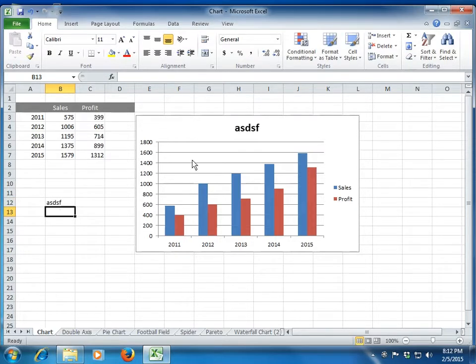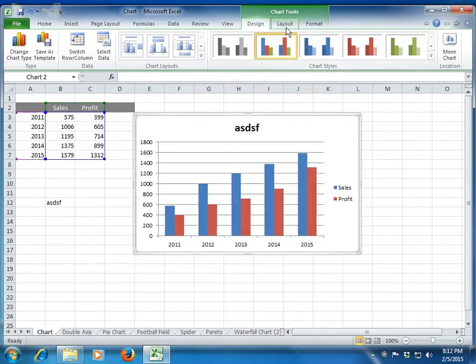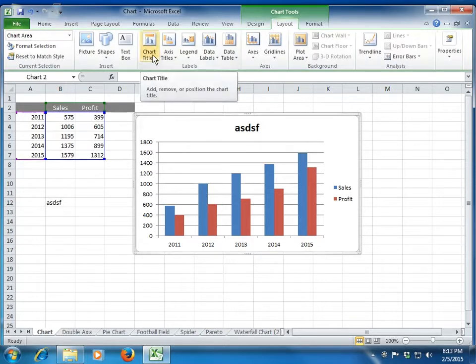Right, so you see that I get the chart title linked to the Excel cell rather than just manually putting in the data. Fine. Okay, so that's about the chart title. Now let's talk about the axis title. You know that there are two axes currently available in this chart. One is your y-axis and one is your x-axis, right?